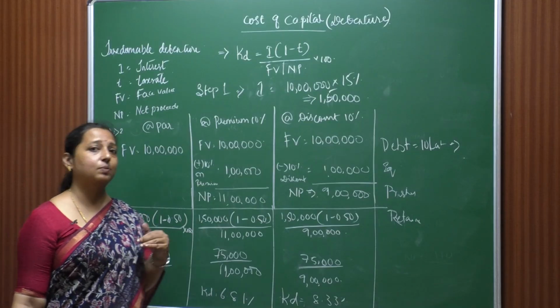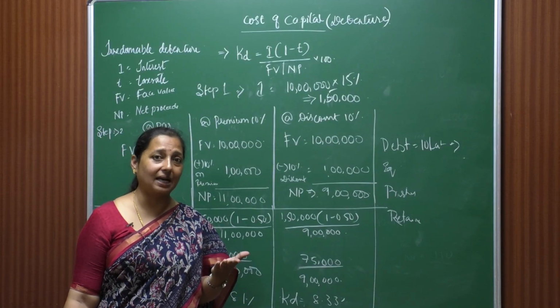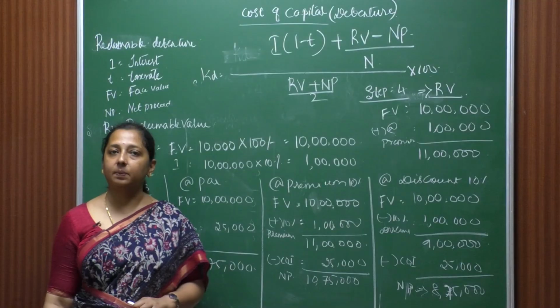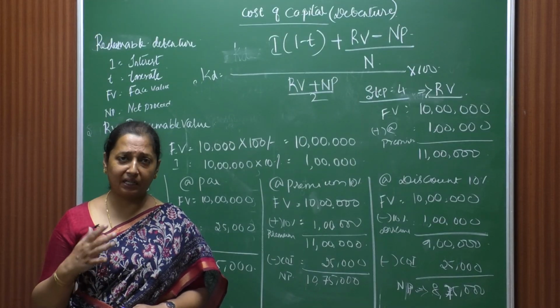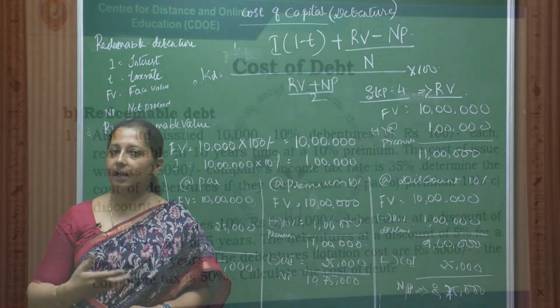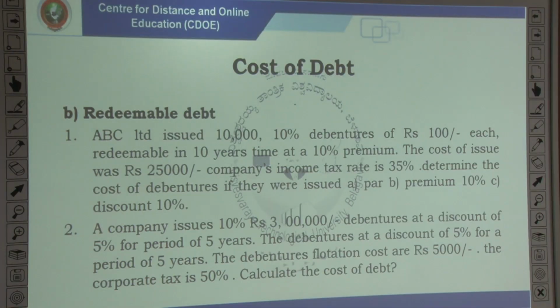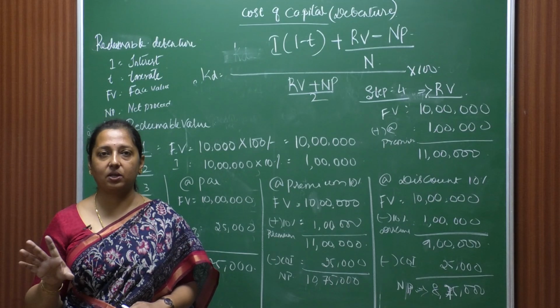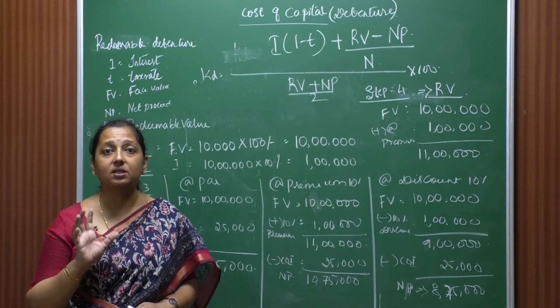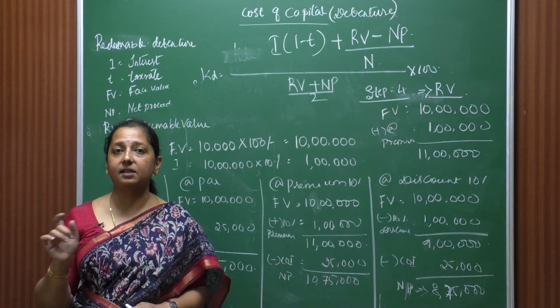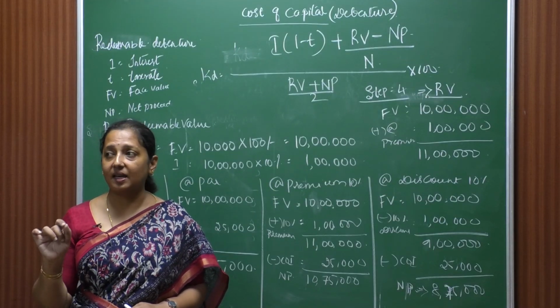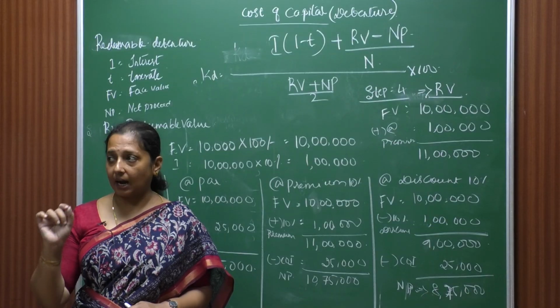Now let's move on to the next one, the concept called redeemable value. Redeemable debenture, as I specified, has a number of years and a redeemable value. The debenture will be redeemed after 10 years, 12 years, 13 years, a specified number of years. So look at example 1: ABC Limited issued 10,000 10% debentures of rupees 100 each. That means 10,000 debentures at 10%; 10% is your interest rate, 10,000 is the total number of debentures, one debenture will cost you 100 rupees. Redeemable in 10 years, underline, redeemable in 10 years, N is equal to 10 years,